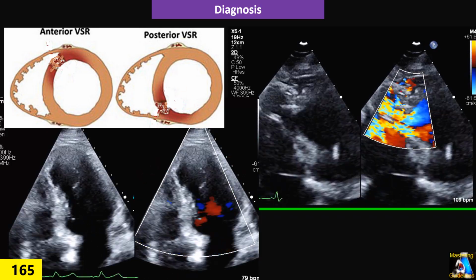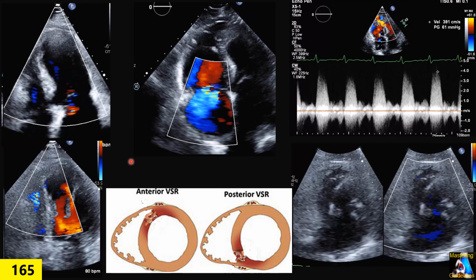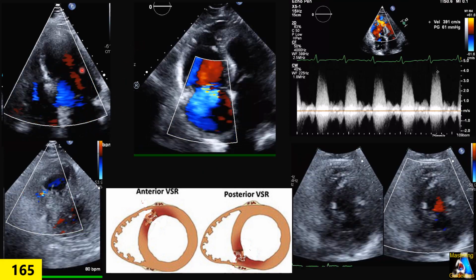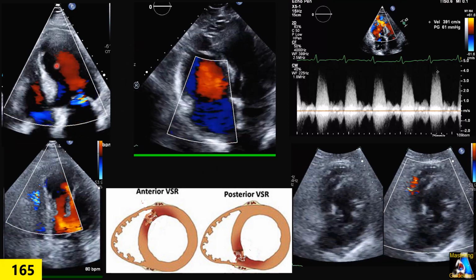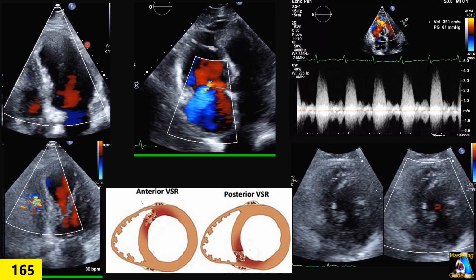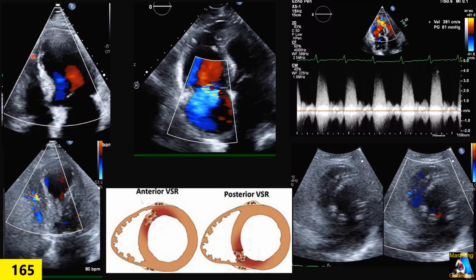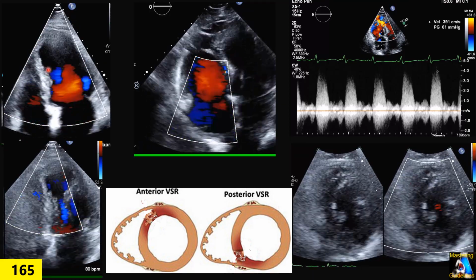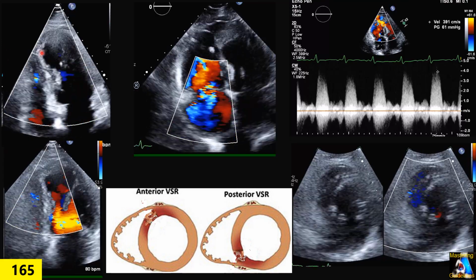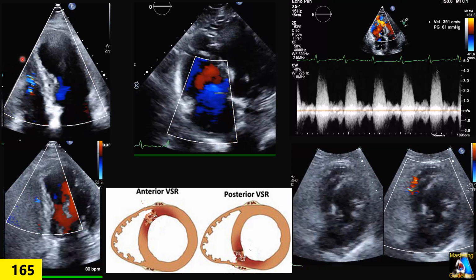And I'm going to shortly explain exactly what rules we have to follow so as not to miss this complication of myocardial infarction. Here are some rules for detecting ventricular septal rupture. First, whenever we have myocardial infarction, or better said, whenever we have abnormal wall motion, especially dyskinesia, like you can see in this case, we have dyskinesia between the apical septal and mid septal, this spot,